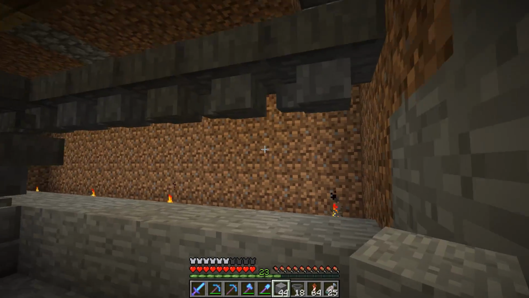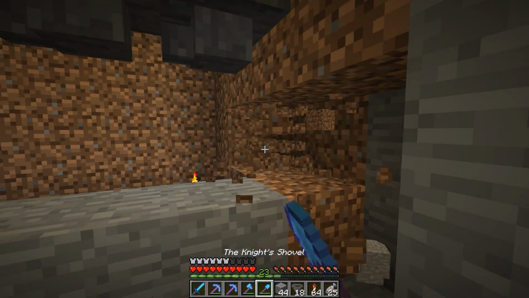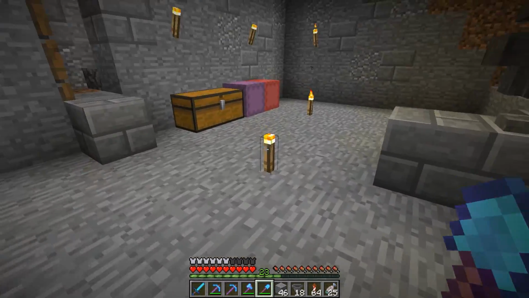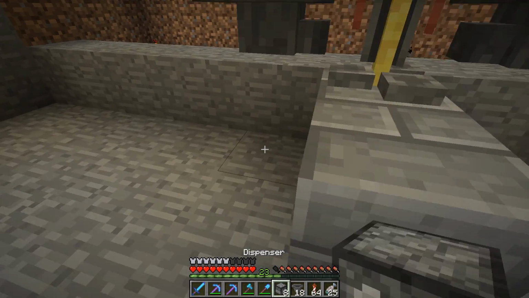So then, let's go directly underneath these hoppers. And let's just make a little line of stone, like so. And I'm actually just going to clear a little hole over here so we can get back there. Okay, then we'll take some dispensers,